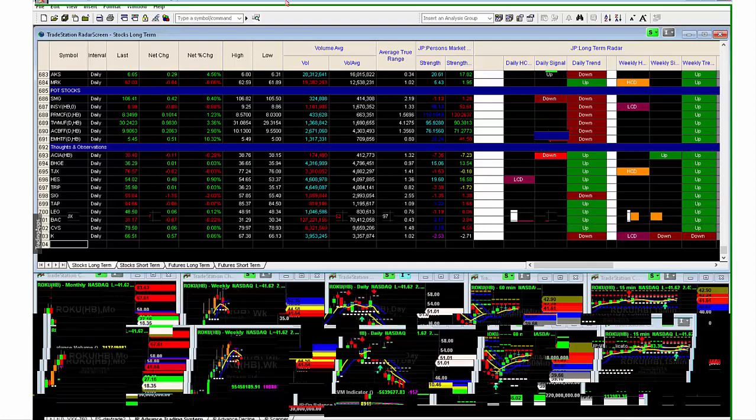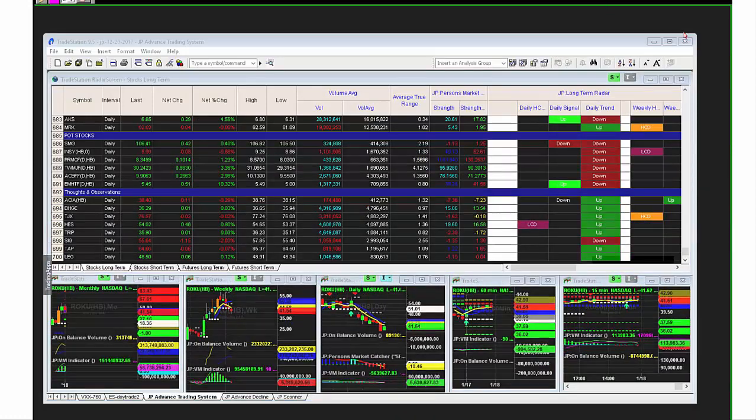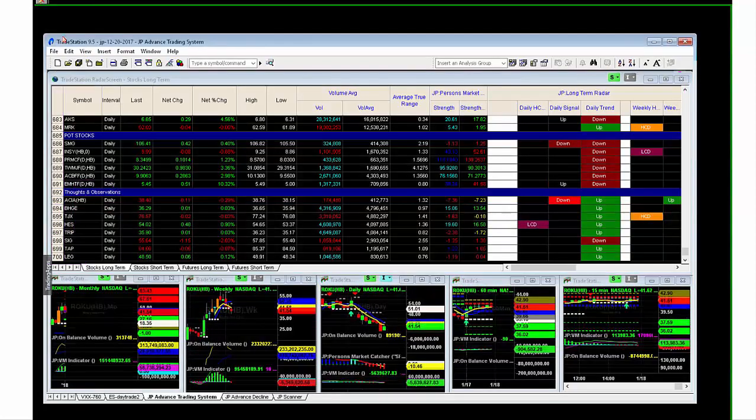This is the X that closes out the desktop. This is the X that will close out your radar screen, which is a window. Okay? So let's say that right now we created thoughts and observations in all these stocks, and all I did was go up to File and hit save my workspace.